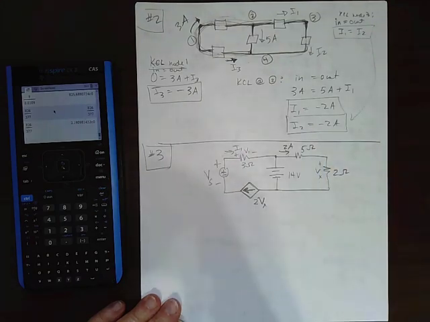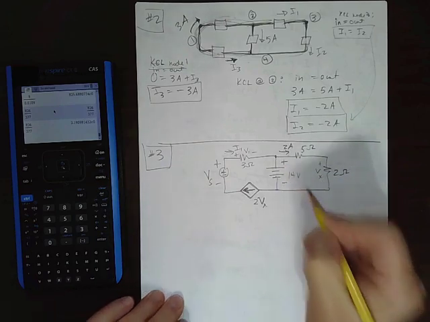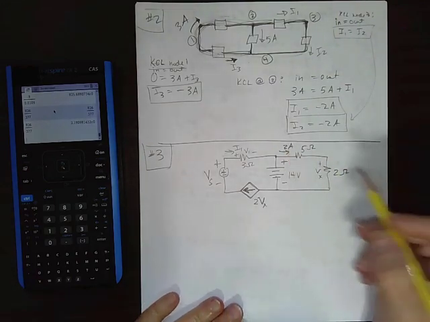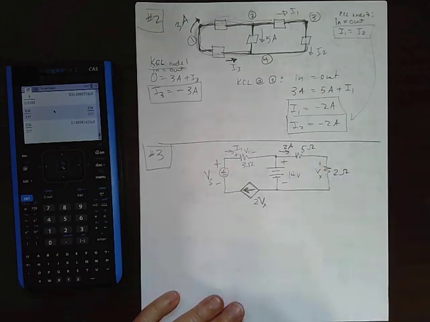Okay, so what do we know? Well, when we have a battery like this, hopefully remember the long side is a plus and the short side is a minus. So we want to go ahead and put the plus and minus on there. We're given that voltage, so that's good. We're given the current here, which we didn't have to be given because we could just use Ohm's law here, but